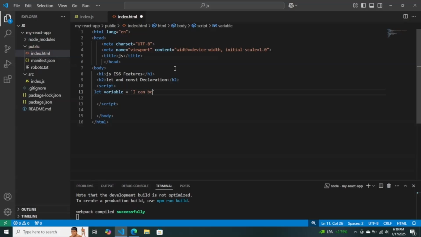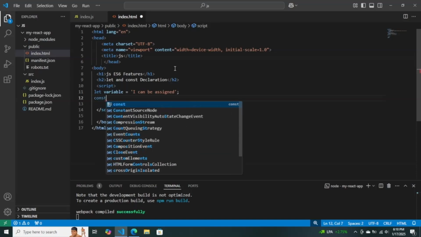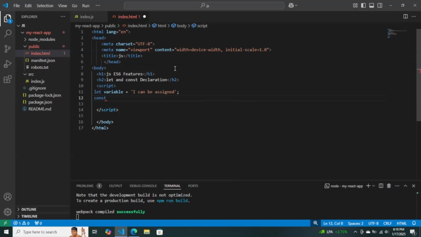I can be assigned symbol, and constant equal single quotes, I cannot be assigned symbol, and